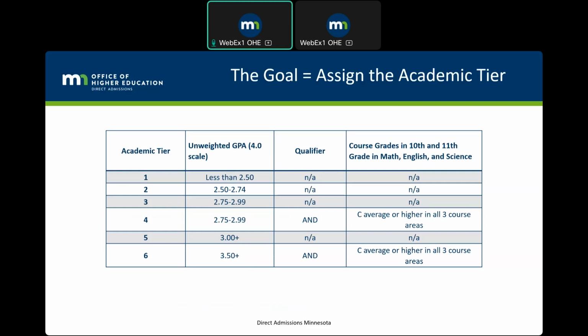Now, to be clear, that means a C average in math, a C average in English, and a C average in science. It sounds like a lot, but honestly, most students, just a visual confirmation, do they have all C's? Do they have 2 C's and a B? It's very easy to do. Also, we have a spreadsheet that we will share in a minute that helps you do that portion. Next slide, please.